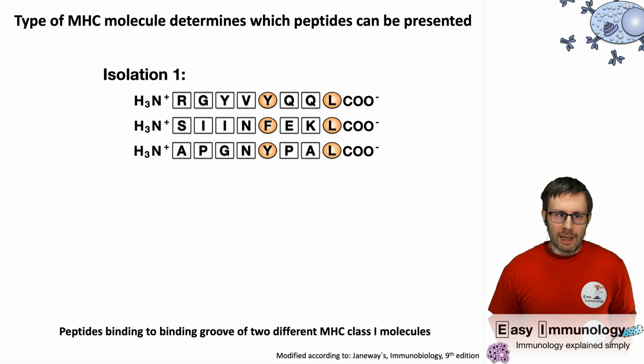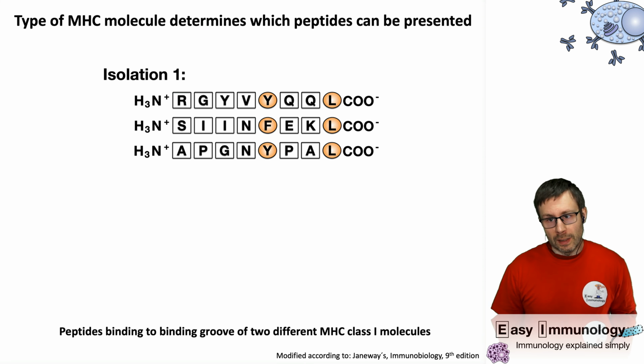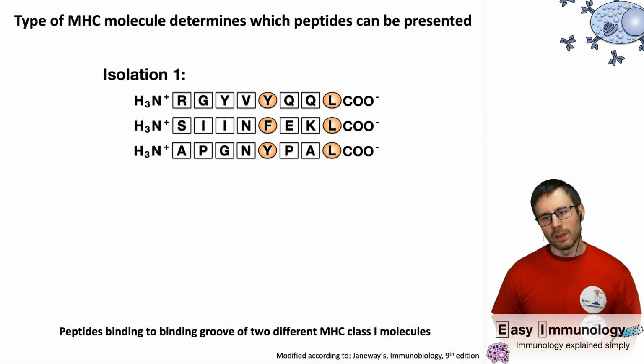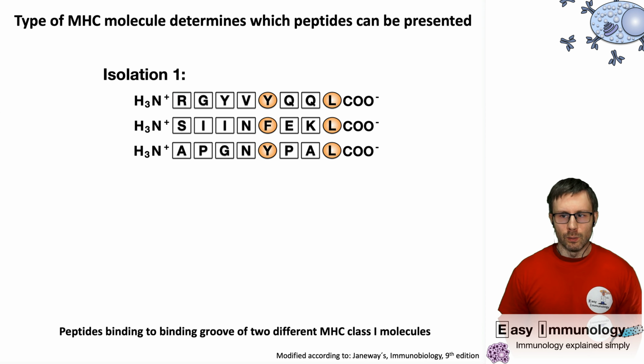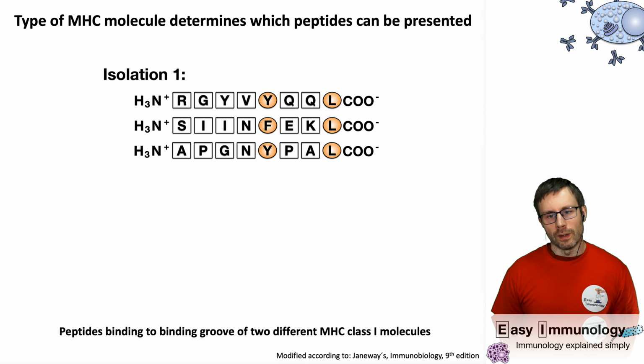So for example, here you have peptides from the first isolation. You can see they all have the same length, it's the same number of amino acids, and in certain positions you have very similar amino acids. For example, in the 5th position you have a tyrosine, a phenylalanine, and in the last position you have a leucine, and these are the amino acids in the peptide that make the interaction with the MHC